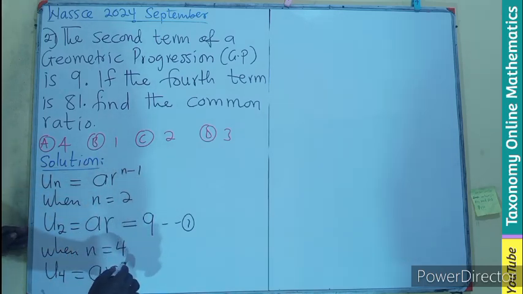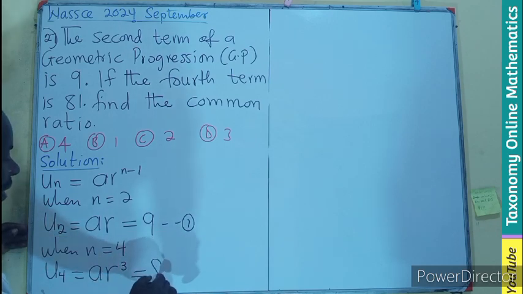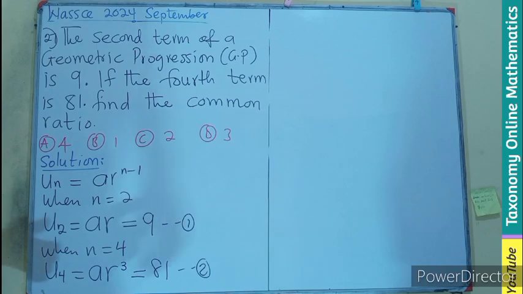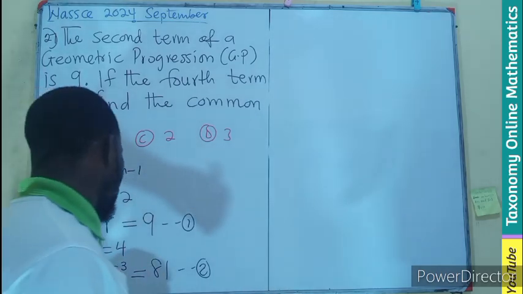Then, when n is now 4, your fourth term will become a, r, n being 4 minus 1, give you 3. This is giving us what? 81. So that's giving us what? The second equation. So now we solve the two equations simultaneously. Since a and r are multiplied, we divide. So I'll be having